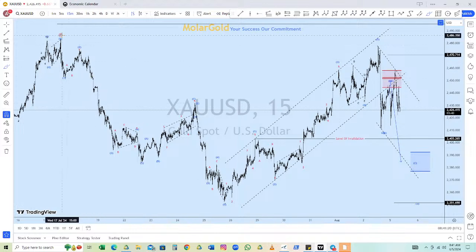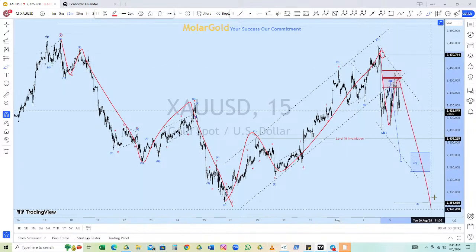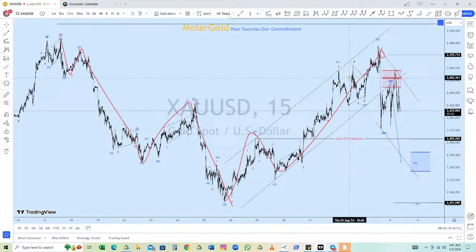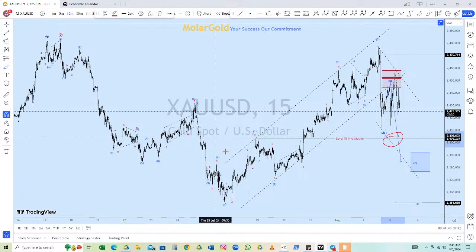So, once we get here, a 5 wave. Then this will become a 3 wave. And we expect another 5 wave to the downside, because that is the pattern, a very simple pattern which we recognize. Once we break here, we will change our counts entirely. A lot of things will change about the count.